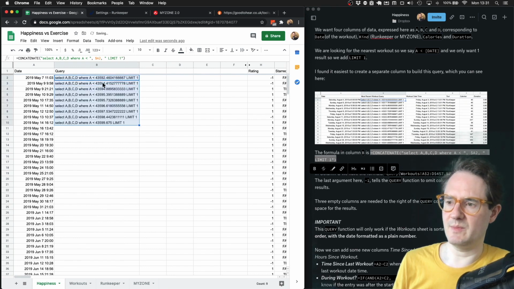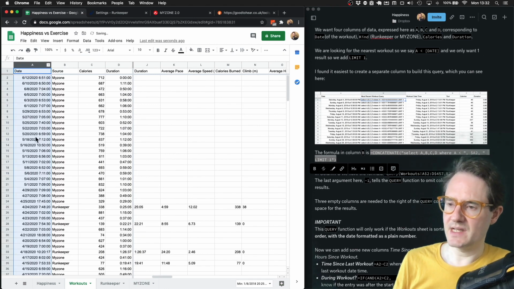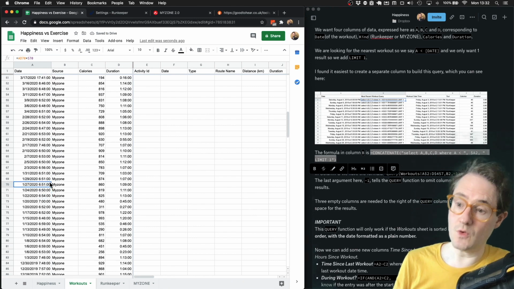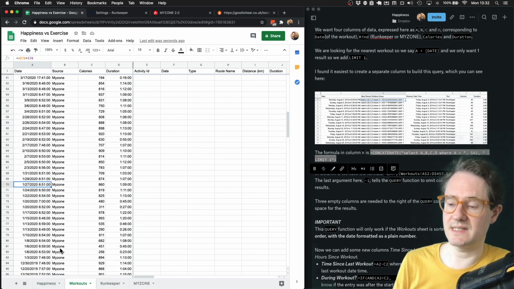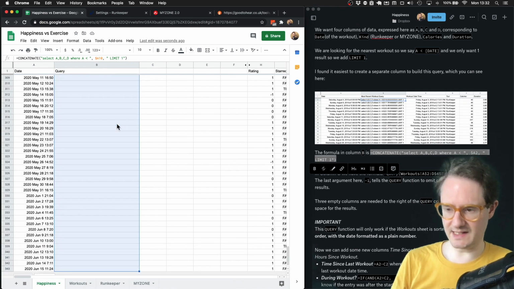And then when we pull that down, we're going to see a different query for each one because it's going to be a different date. And it's going to take the first one. So for that to work, we need this to be sorted Z to A. So then it's going to look down this list, and the first time it sees a row which is before the current date for that row, then it's going to just return these cells because we've said we want 4. So I'm just going to fill down that query,